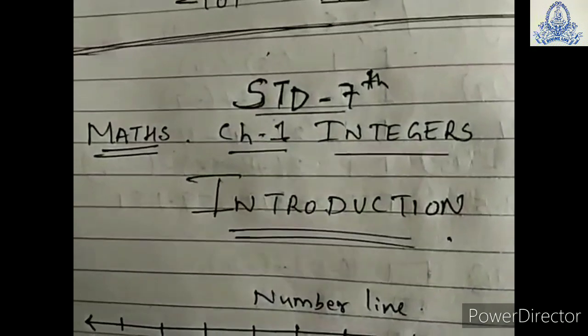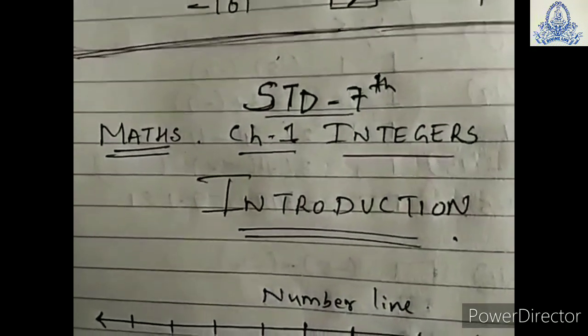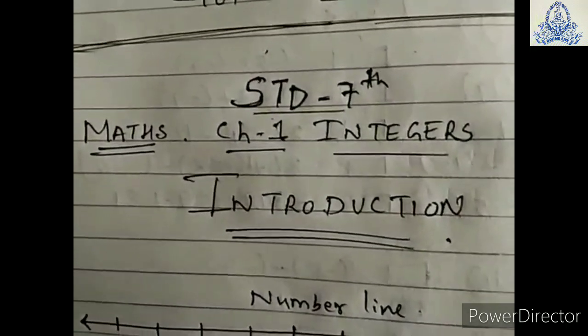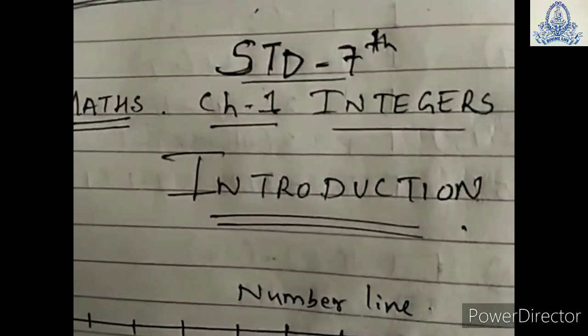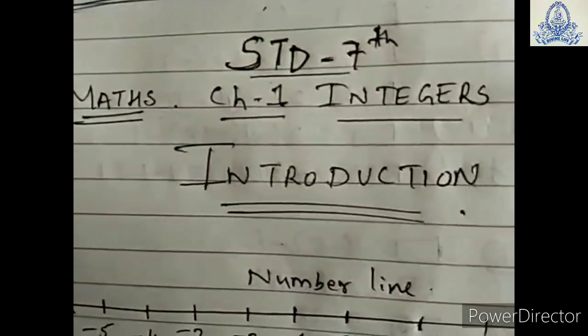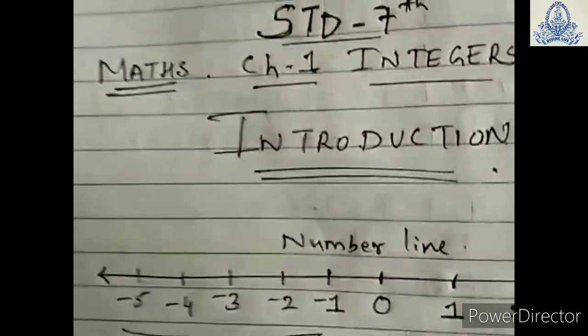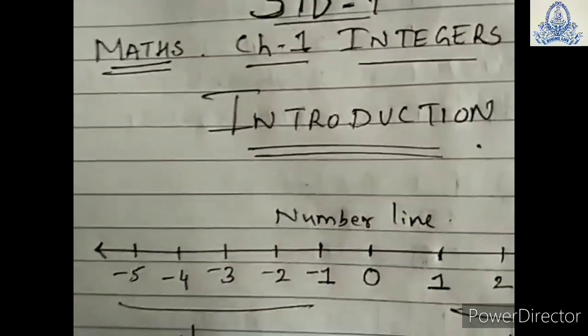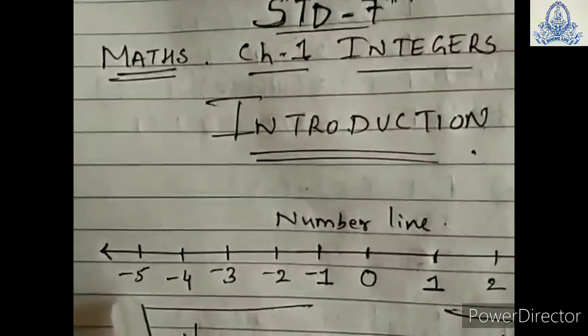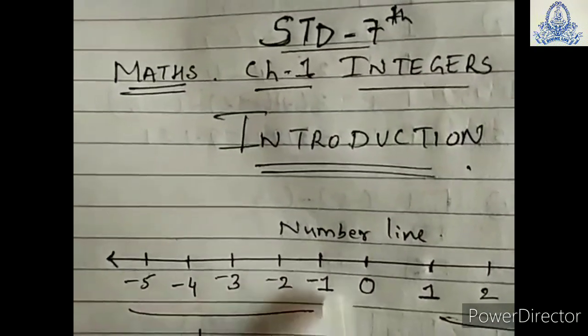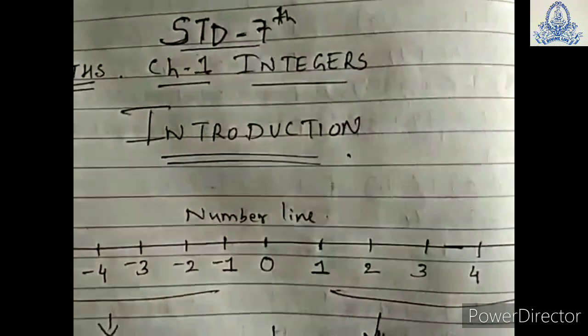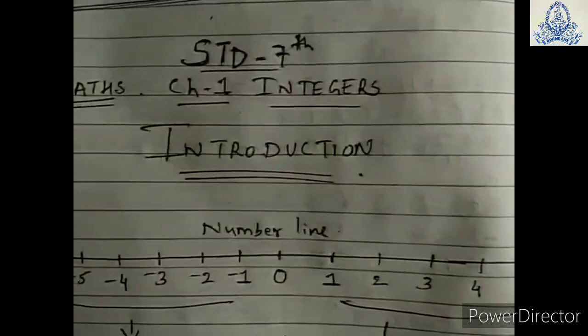Let us start under 7th Maths, chapter number 1, Integers. We will start with the introduction to integers. You all have learned about the number line. According to the number line, we are drawing, suppose, -5, -4, -3, -2, -1, 0, 1, 2, 3, 4, as positive integers and negative integers are there